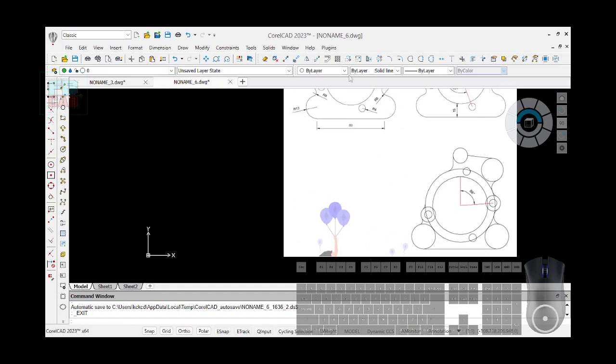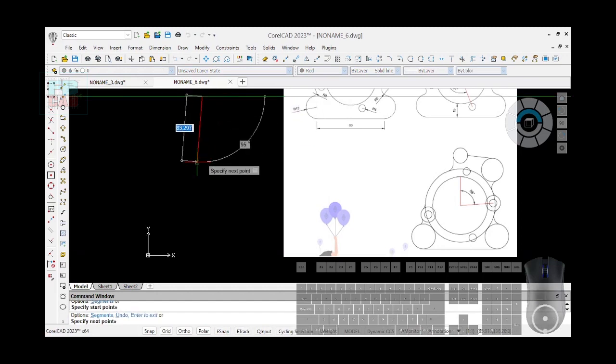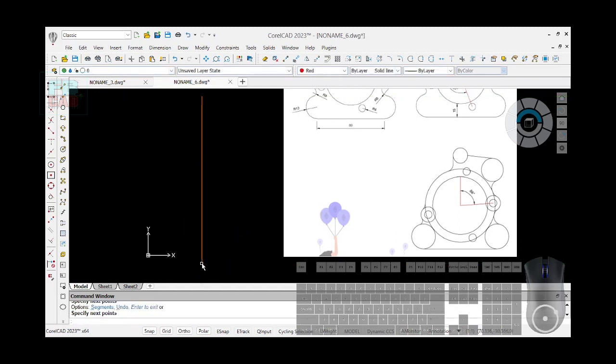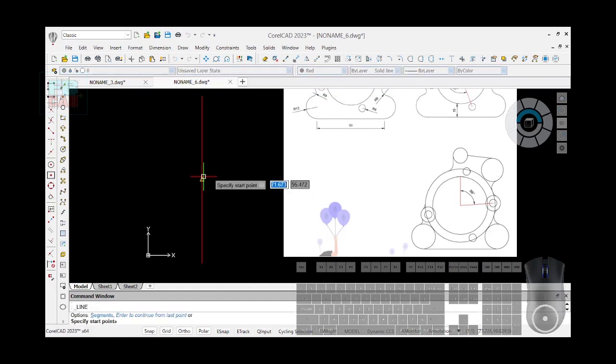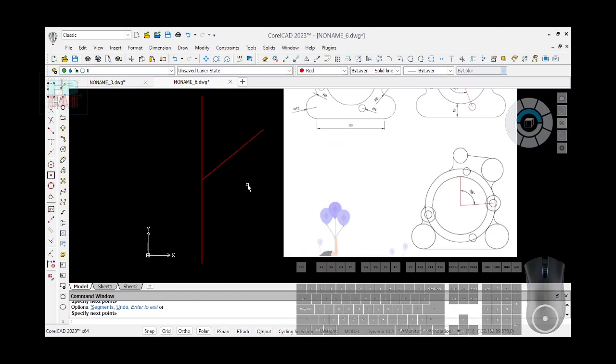The first thing is we're going to draw a construction line. I prefer to use red. We'll draw a vertical line. Press enter. We're done. And I'll take another one, and this other one I want to be at the center midpoint of this circle. I draw it this way, and I'm going to use my geometric constraint coincident. I want the middle of this line to coincide with the side of this, so it's here,